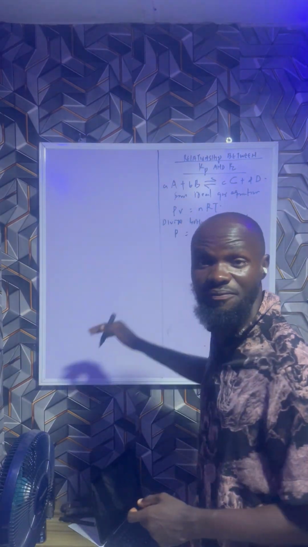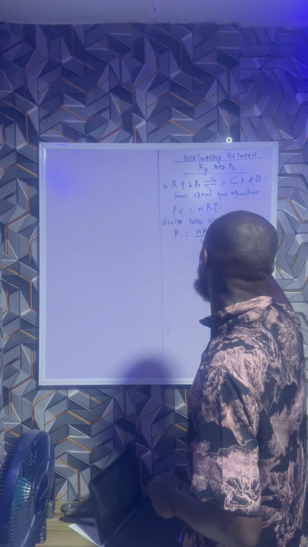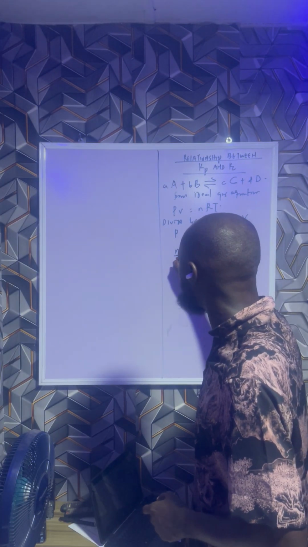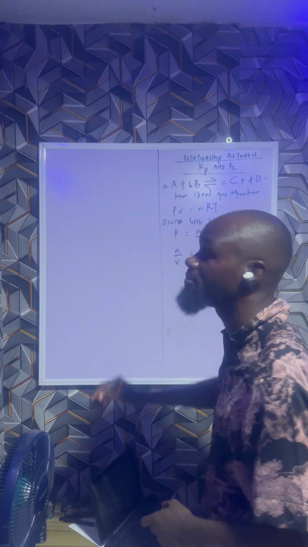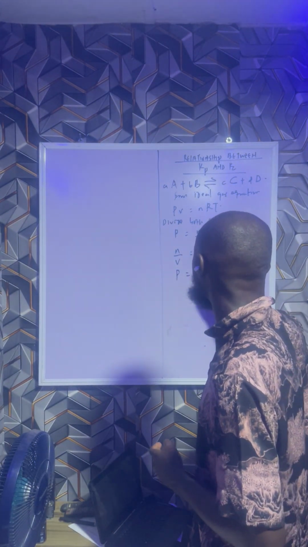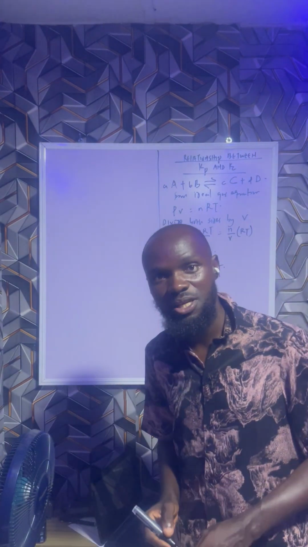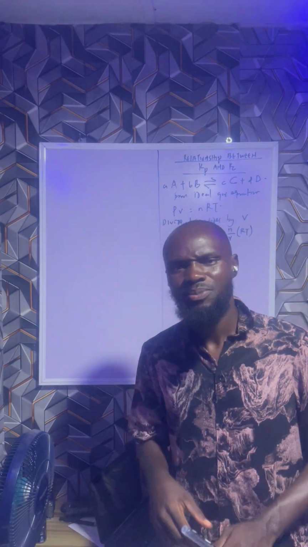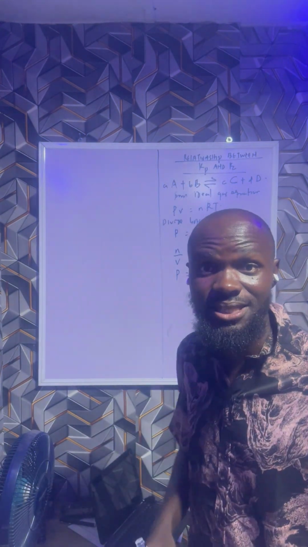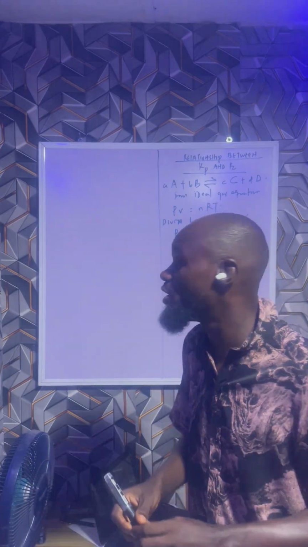So I can simplify this to give me something like n over V multiplied by RT, knowing fully well that n over V stands for concentration C. It means that we can replace that and have P equals CRT. Now, for the equilibrium reaction above, if I want to write Kp, the equilibrium constant in terms of pressure, we have